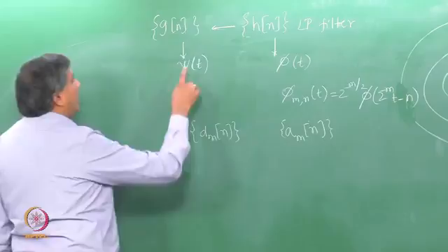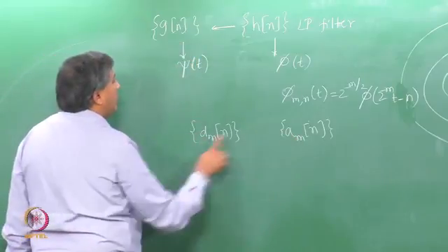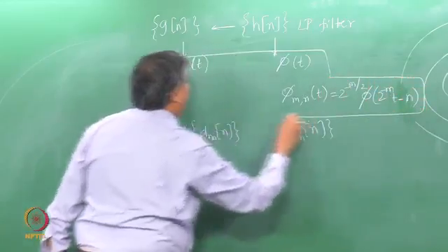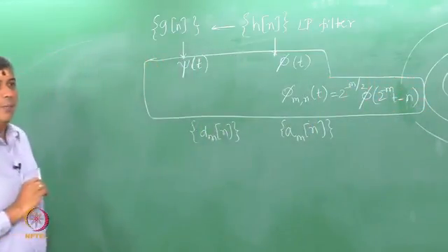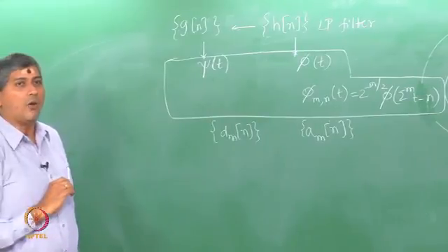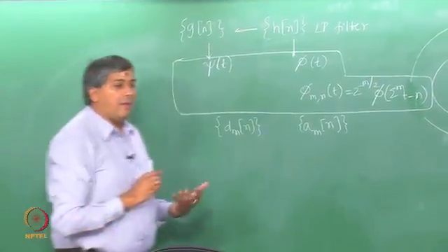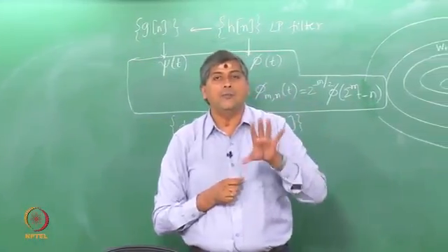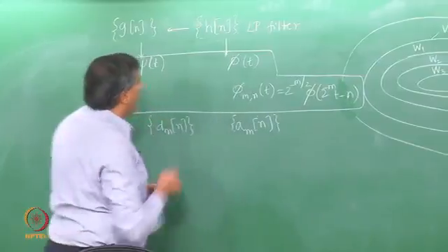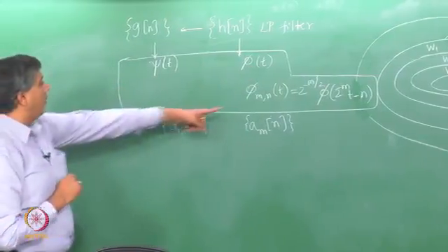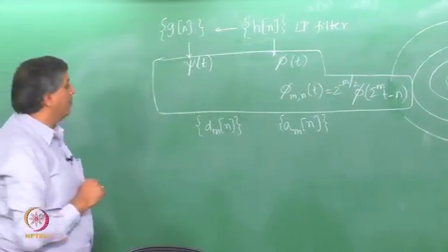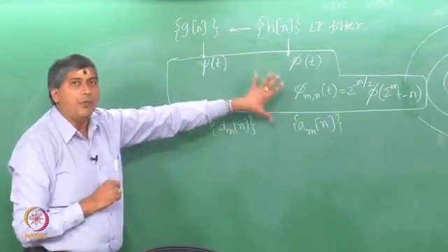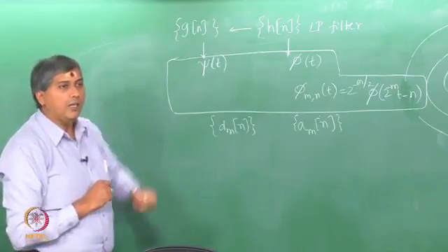Now, what we shall learn is a very important fact, that we can compute these approximations and details completely bypassing this step. We do not have to really compute the scaling functions and wavelets at all, although the expressions for a m and d m are given in terms of projections of x onto the respective bases, that is phi m,n and psi m,n. We can avoid this step completely, and that is the beauty of the fast algorithm that exists for the DWT.